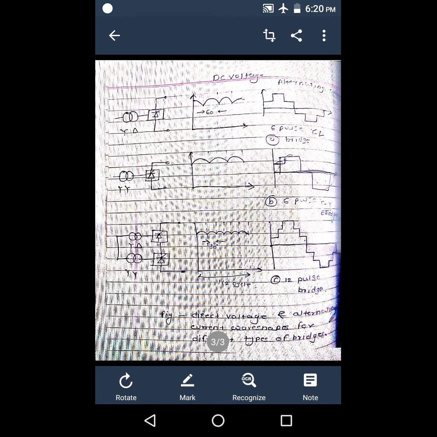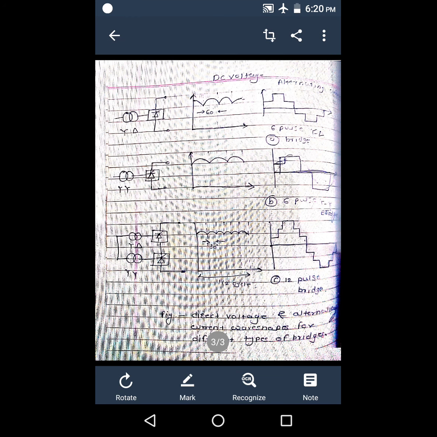So when we are using 6 pulse converter arrangement with star-delta connection, it shows the output as shown in figure A, and when we are having star-star connection for the transformer by using 6 pulse converter, it shows its output as shown in figure B. But it is observed that when we go for figure C, because we have increased the number of pulses, we are getting better performance on the AC side. So here we have seen the multiple bridge converter today.